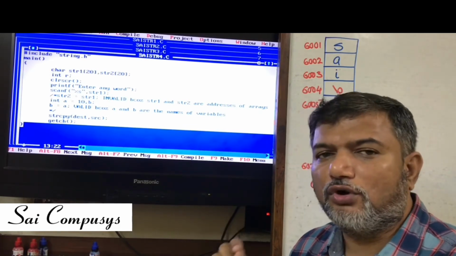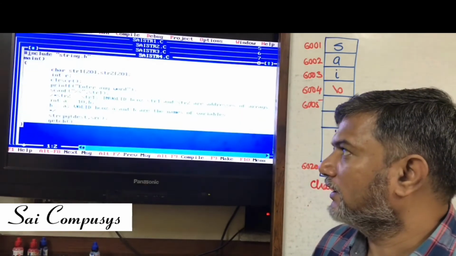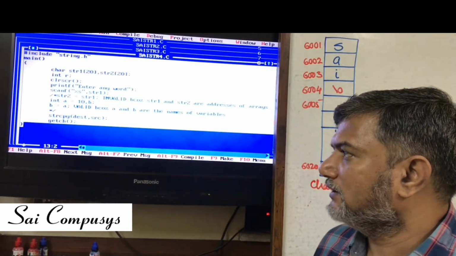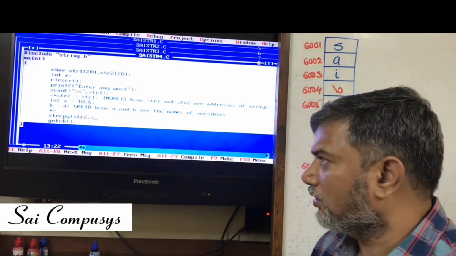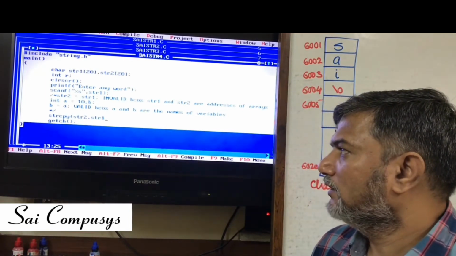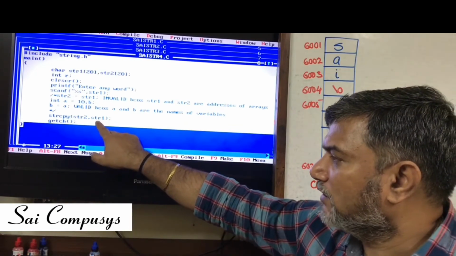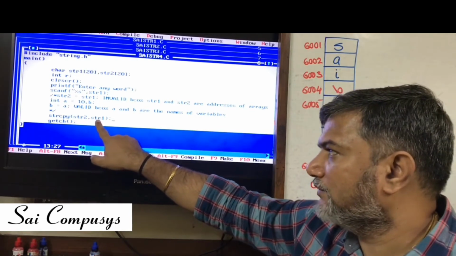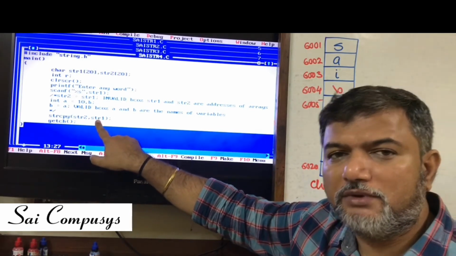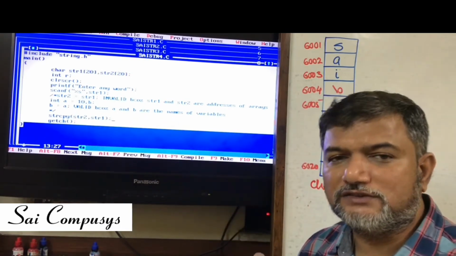Now, when I want to copy the contents of one string into another, this is what I will be writing, strcpy, and here I will be writing str2 comma str1. So, what's going to happen is the contents of str1 will be copied into str2. Whatever is available in str1, that will remain intact, but the contents of str1 will get copied into str2.